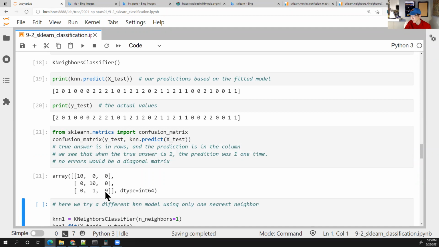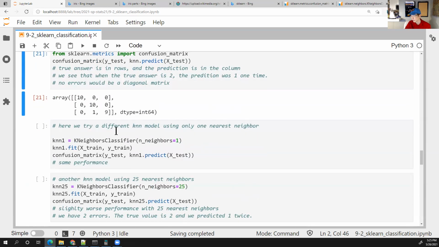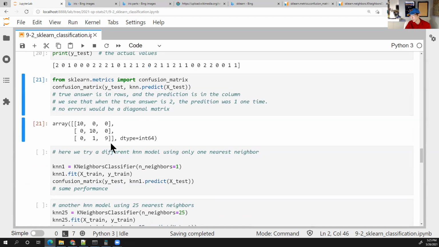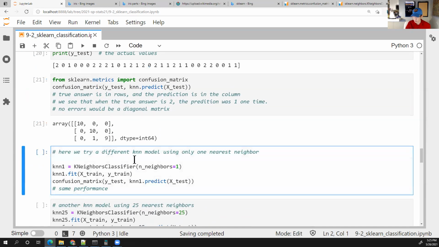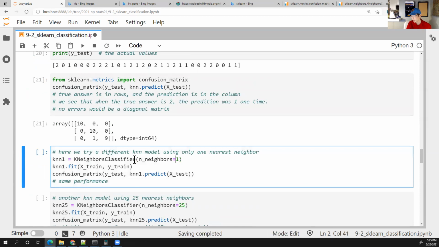What we have here is that one time the true answer was 2, so that's this row. The rows are the true answers: true answer 0, true answer 1, true answer 2. One time when the true answer was 2, we predicted a 1, and the other 9 times we predicted 2. That's what we have right here. If I were to change my neighbor classifier, and let's say I used just the one nearest neighbor,